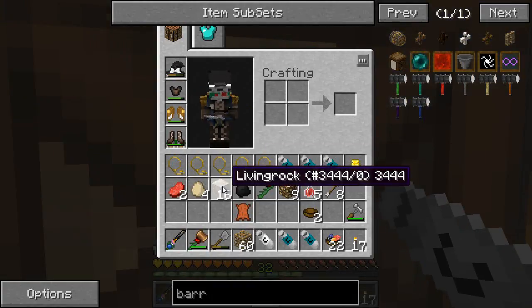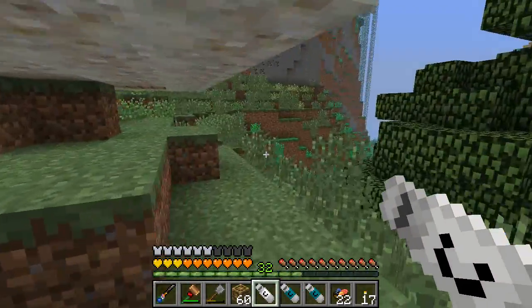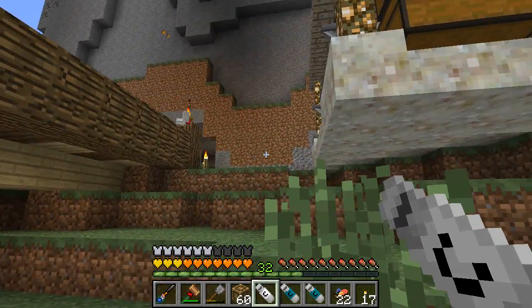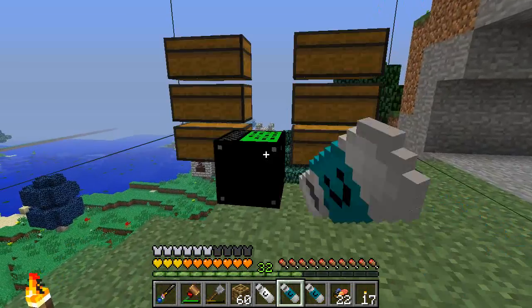Aha. Whatever happened, I didn't do it. I didn't do it. I don't think it's supposed to do that. Yeah, I'm not supposed to get these extra items because of the carpenter blocks. Anywho, let's put this over here. And we're gonna take everything that I have and...